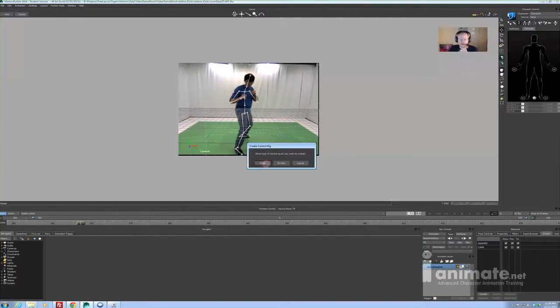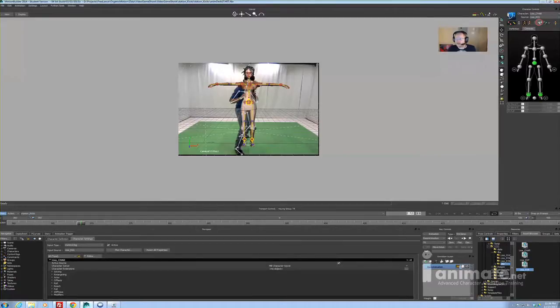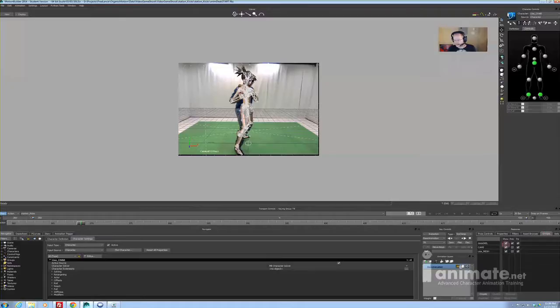So oops, no, I have the wrong character. Let's bring a character in there first. So let me go and drop in our Lisa character. There we go. There's Lisa. Let me get her driven by the character that's in the scene. Let me also go and just hide the cameras and that other old skeleton, the original data skeleton. And let me just hide her skeleton. And then if I hit the play button,